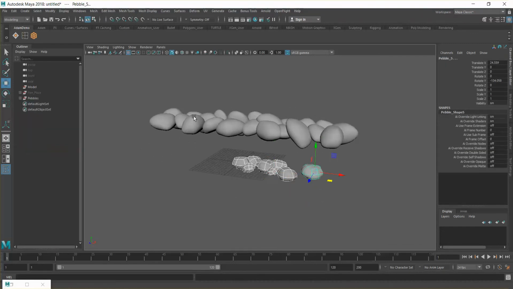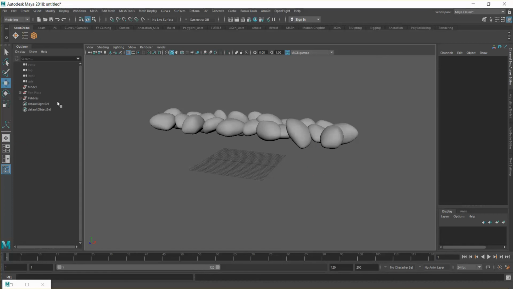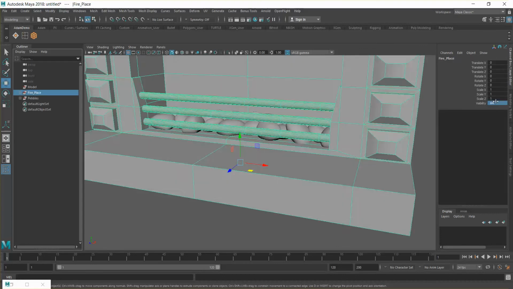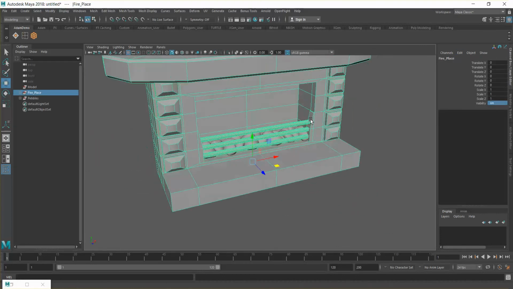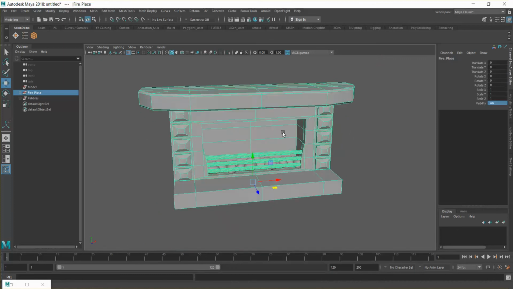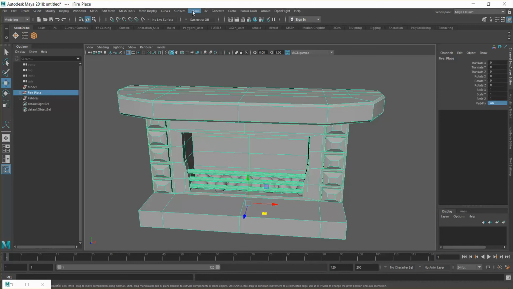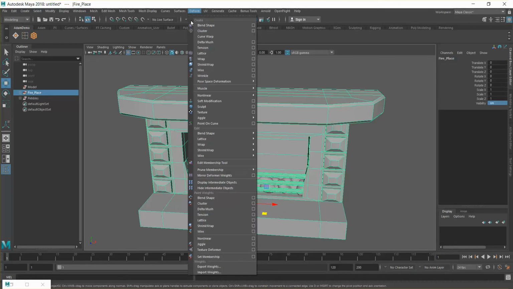Right, so with those now finished, we'll assume we've got them in place. We're going to locate them with the fireplace. We may need to rearrange them. So next we're going to deform this just to exaggerate it and make it a little bit more quirky. So if we go to deform and we go to lattice,